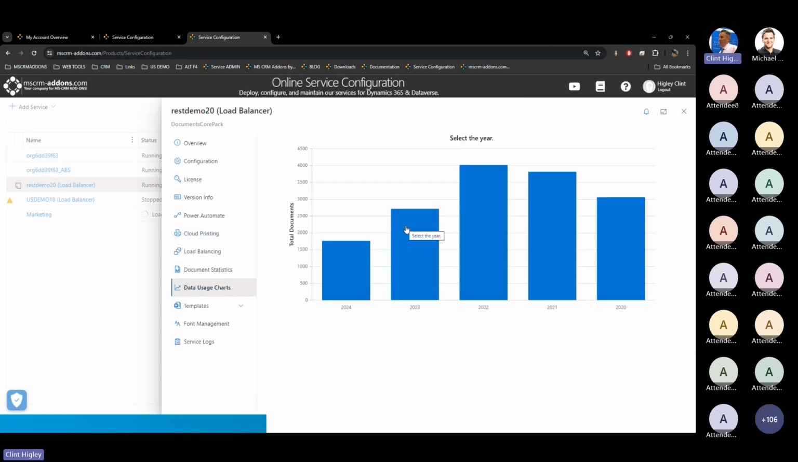Data usage charts is what I talked about before. I briefly went over it. Now I'm going to go over it a little bit more here. This shows you the data usage for the lifetime of your service, right? So you can see here. Well, let's say like in 2022,